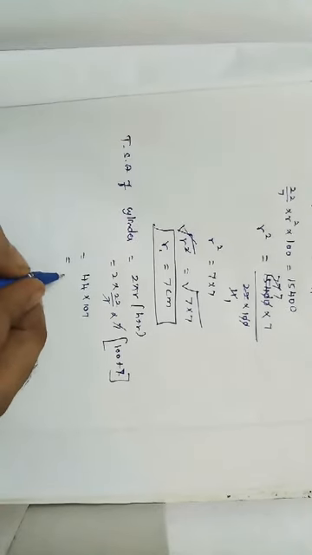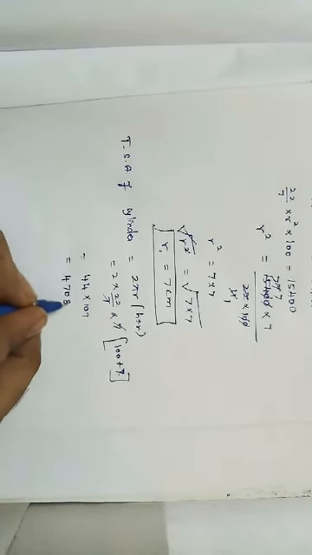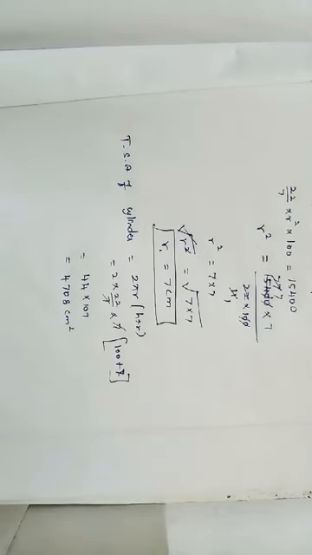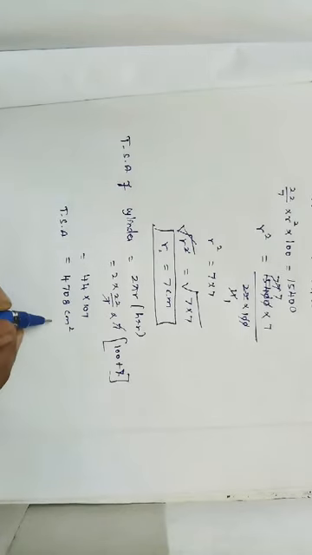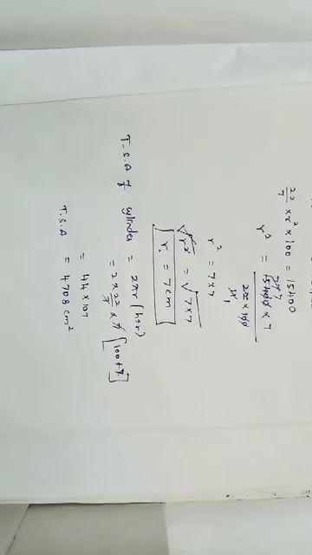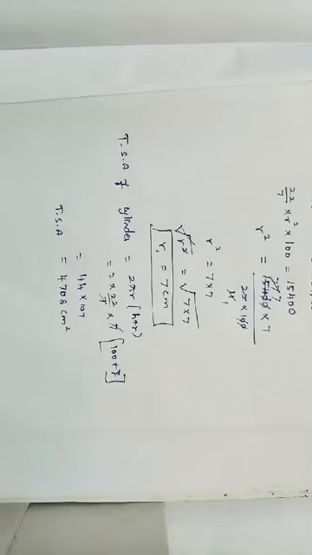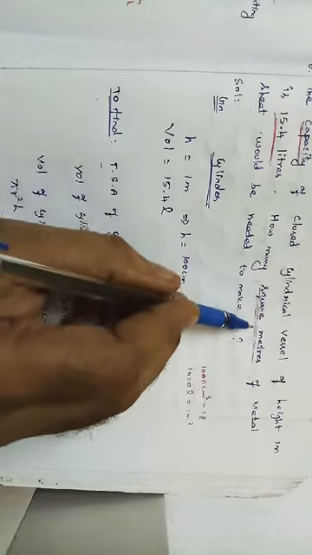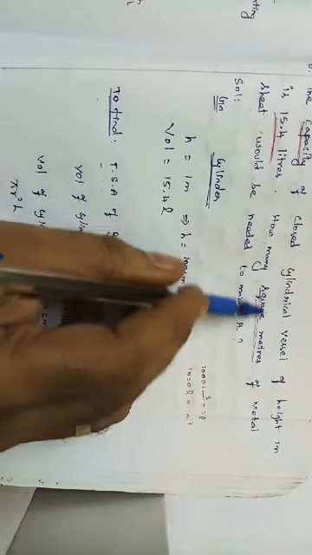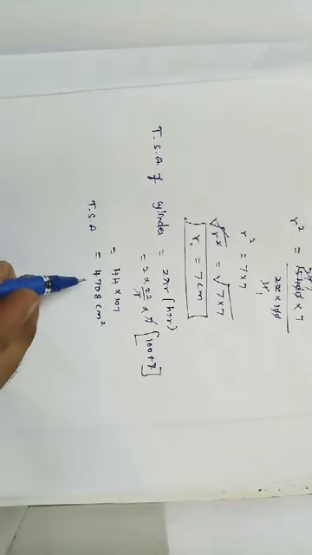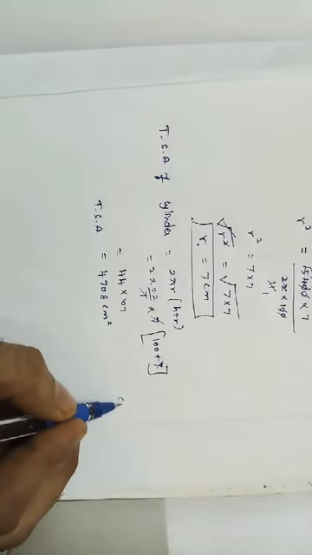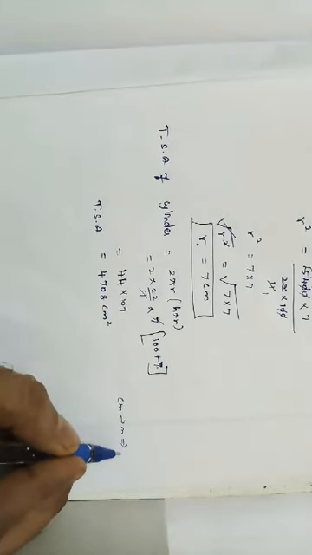It is equal to 4,708 centimeters square. So the total surface area of the cylinder is equal to 4708 centimeters square. It's still not over, because they ask you to find it in square meter. But we have found it in terms of centimeter square alone, so convert it into meter square. Converting centimeter square to meter square, it's nothing but divided by 100.